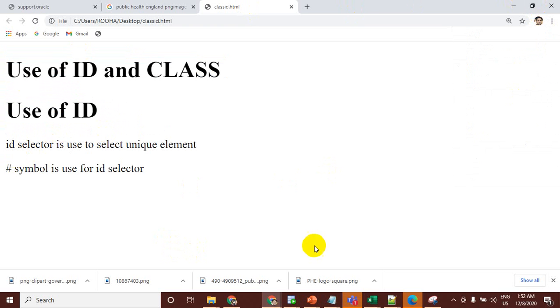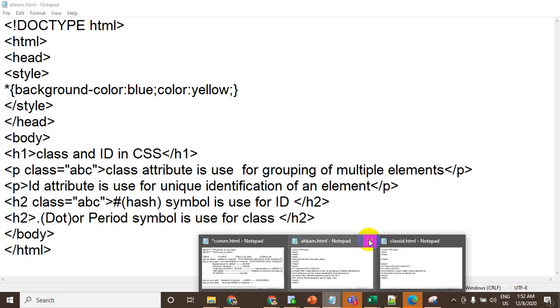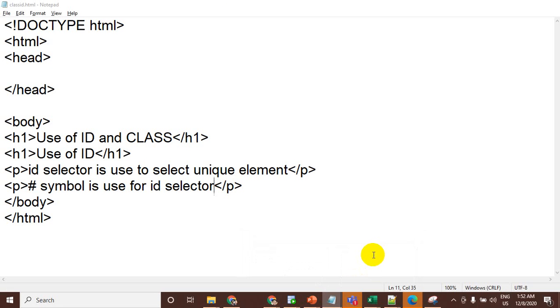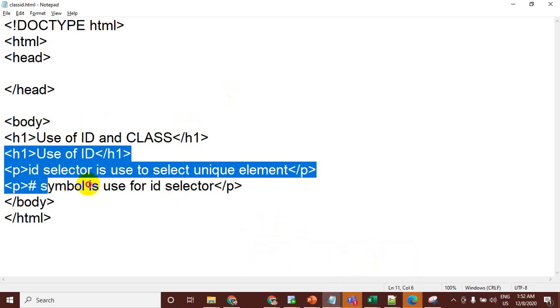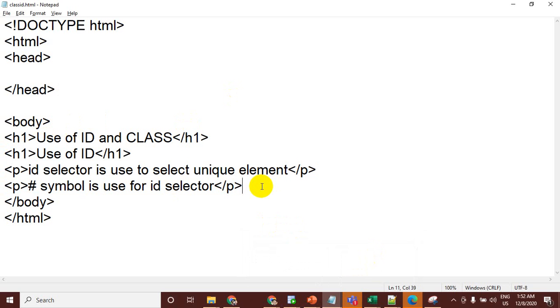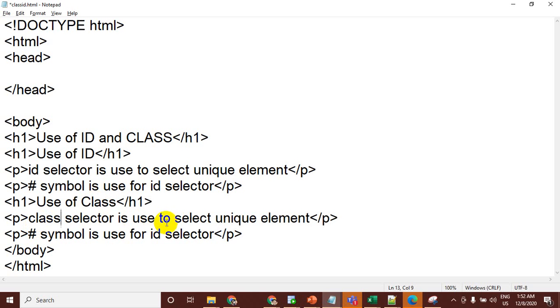Okay, now in the same way I am going to add the same thing. Control C, I am going to copy it. I just want to copy because I want to save your time, because these are nothing but extra words. So h1 use of id, instead of id I will write class. Now class selector is used to select